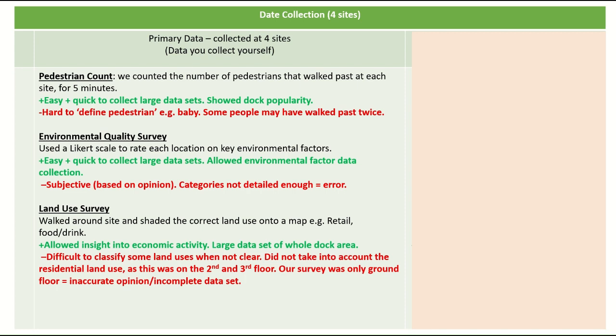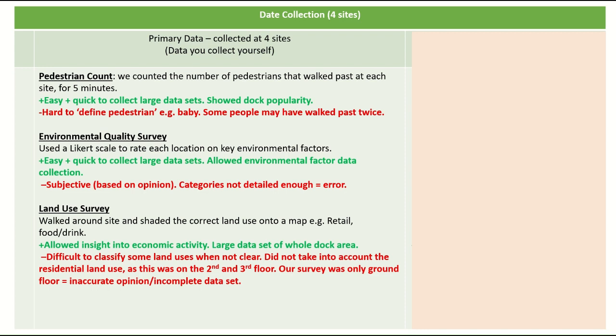But also, the categories weren't detailed enough. There wasn't enough description on each one, what classed as good or bad. So we could have added the amount of description. There were also missing factors, like water quality, which we couldn't really measure either. Again, to make this more reliable in the evaluation, we could have made a class average, couldn't we, to improve it? And the last thing we did was a land use survey, and that's where we walked